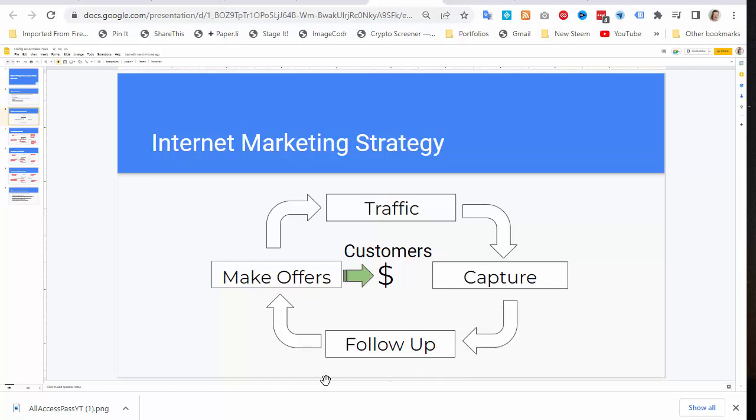He draws it as a circle, and you can start pretty well anywhere, but essentially what you want is a way to capture leads into an email list. You need to follow up with the leads in your email list. You need to keep making offers to them and turn them into customers, and that's where the money comes from. And there's a traffic process. Now, you can start this cycle in different places. So I'm going to talk through from the perspective of